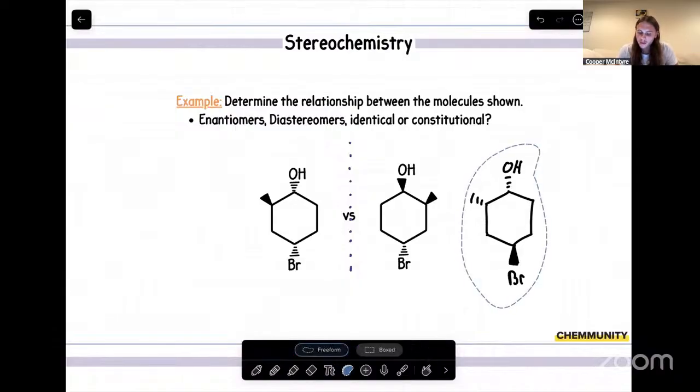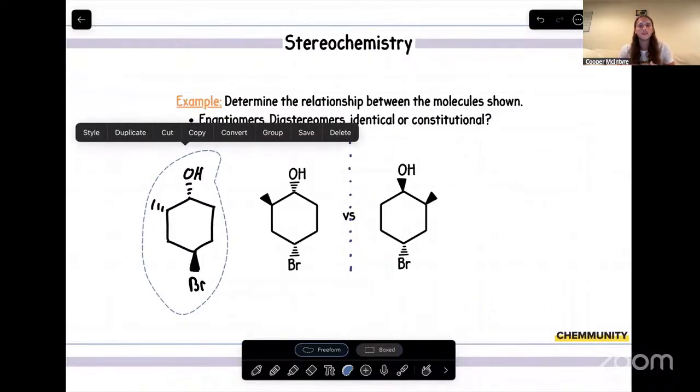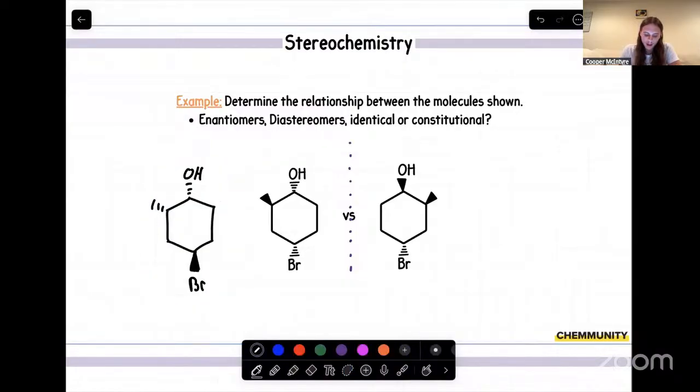So what we can do is we'll go ahead and drag this molecule over and we'll see the differences in those wedges and dashes. So let's look at this methyl group first. We'll go through and highlight them. Our methyl groups ended up flipping. There we go. Our methyl group flipped. And then let's look at our bromine. Our bromine was wedged right there. But then after turning our molecule over, we can see that it is now dashed.